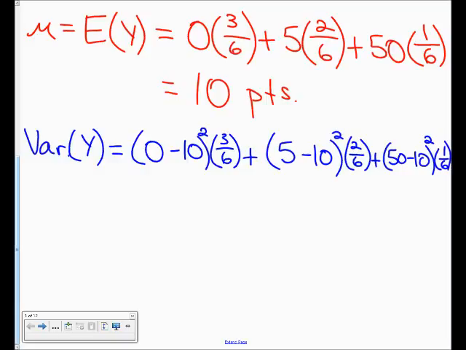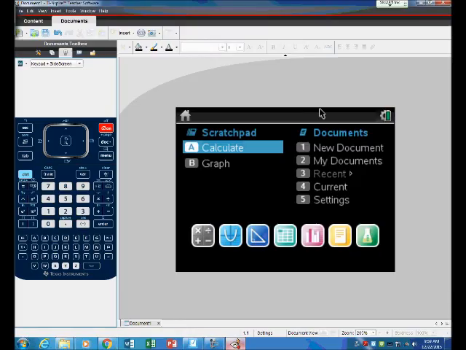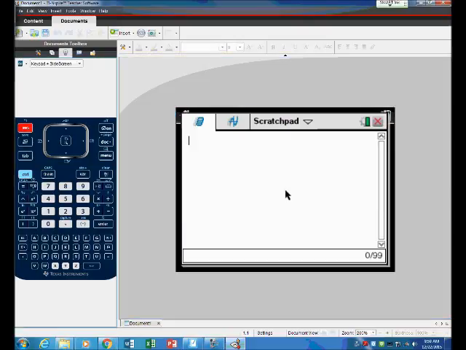All right, so I'm going to use all of that and go ahead and go to my calculator, so I can show you how I'm going to do this. I'm just going to have the calculate page, and I'm going to type in 0 minus 10, and that's going to be squared, times, and this is my 3/6 here, so I'm going to use 0.5, plus, we have our 5 minus 10,